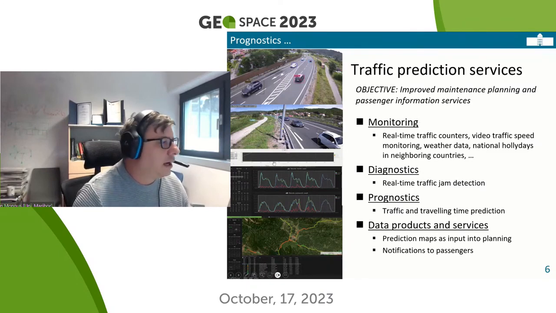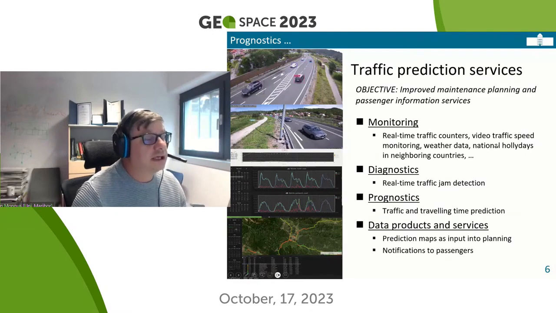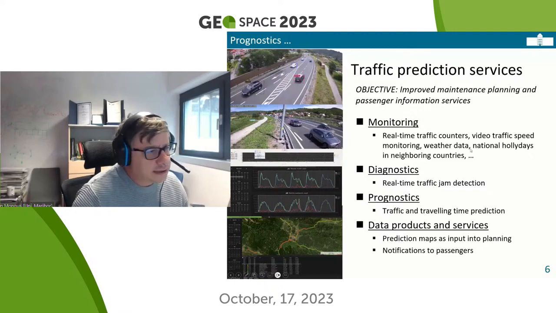We have a dedicated system that allows us to monitor the speeds from the actual cameras, and based on that detect traffic jams. We also integrate weather data. We also integrate holidays from the neighboring countries, and in this way develop quite a